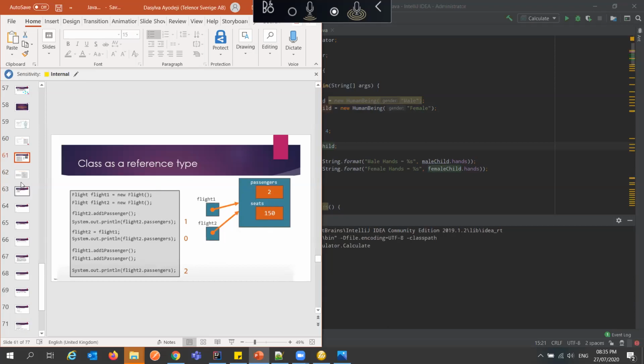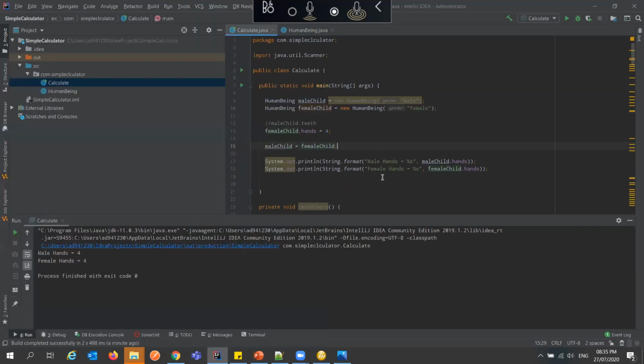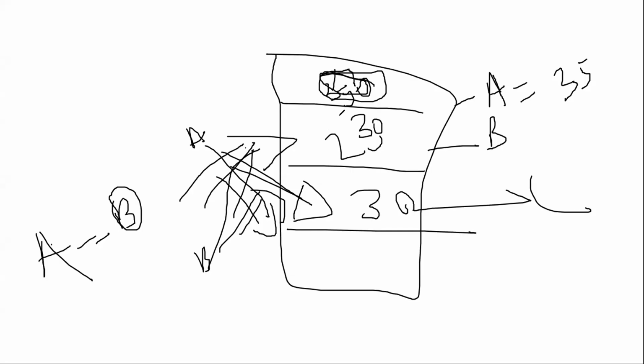Okay, so let me see what else I'm supposed to talk about. Access modifier, let's quickly do that. This is very simple. This is just what we do in programming, because both of them are now pointing to the same thing, that means this memory space is now free, and both of them can be using this. This enables our application to work faster because we have more space to assign something else to. All these things are very important when you are programming.